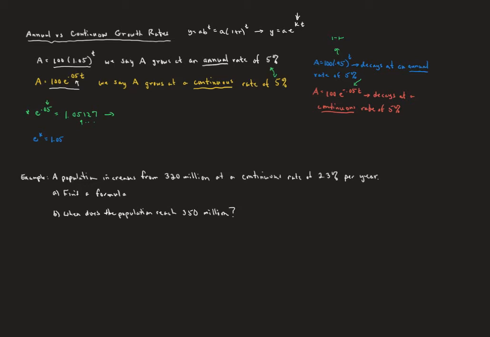So we can see here that a 5% continuous growth rate is the same as a 5.127% annual growth rate. So here's the difference. A 5% continuous rate is the same as a 5.127% annual rate. Now, to go the other direction, e to the k equals 1.05,